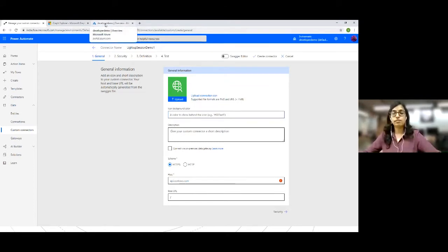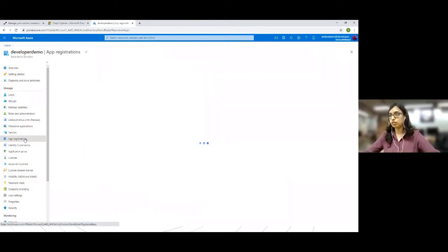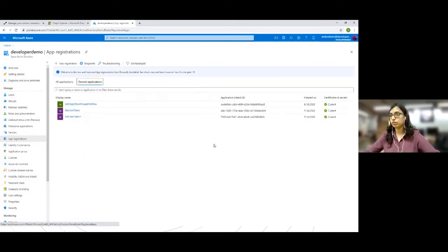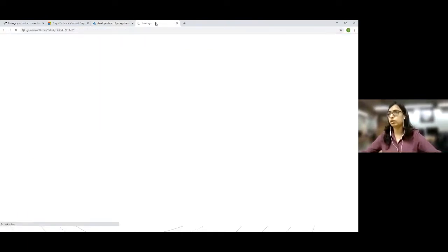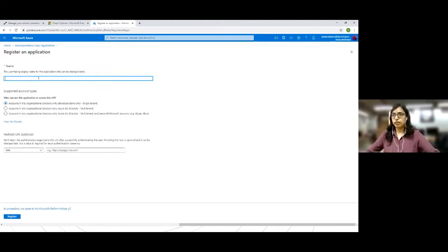So here I have the Azure portal open. I am in the Azure Active Directory. In Active Directory, I'll click on app registrations. I already have some app registrations defined. Let me create a new one. I'll name it Lightup conference demo one.